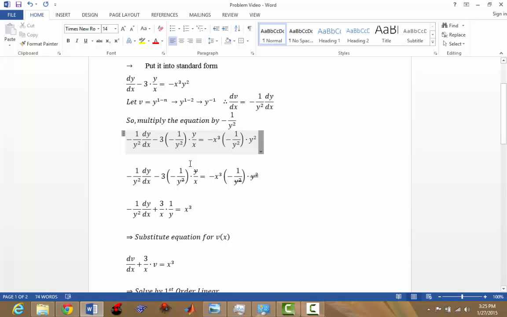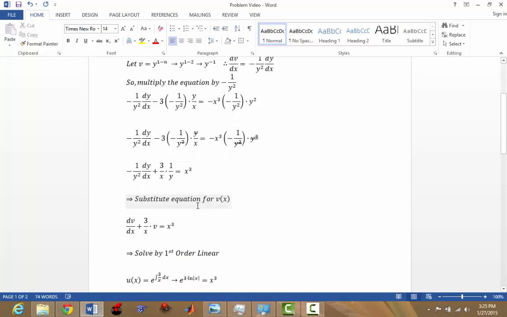So looking at the equation, we can see that we can simplify it a little bit more. So we have y and y squared here, and we can reduce the power of this to y to the 1. And we know there's y squared here, so cancel that out. And we would have negative 1 over y squared dy/dx plus 3 over x times 1 over y equals x